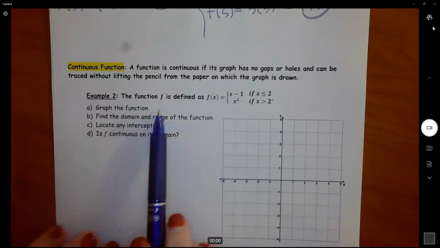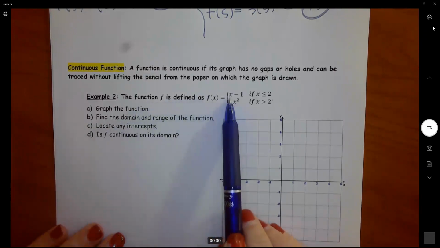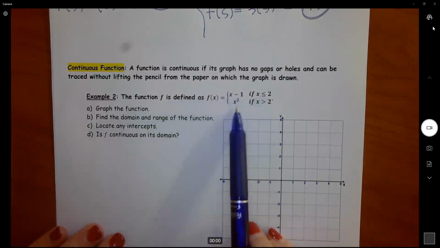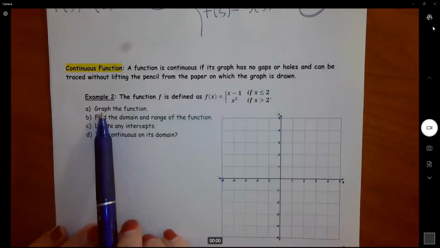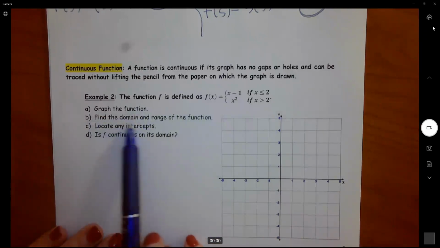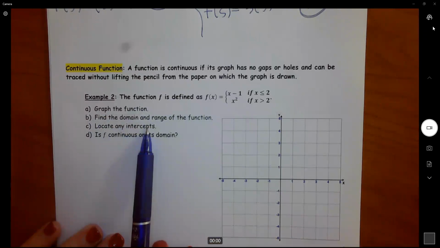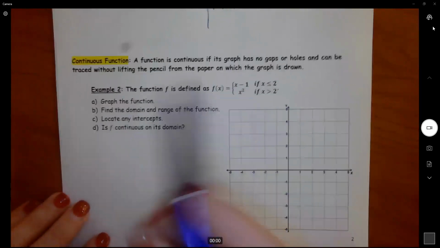Now, for this function, it's defined as x minus 1 if x is less than or equal to 2, and x squared if x is greater than 2. So I first need to graph my function, find its domain and range, locate any intercepts, and then say whether it's continuous on its domain or not. So for part A,